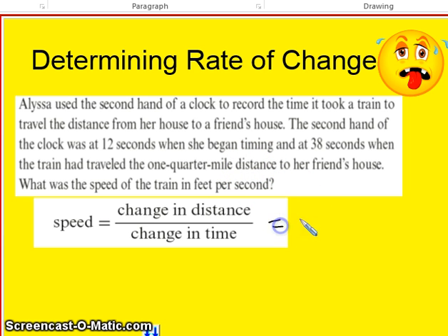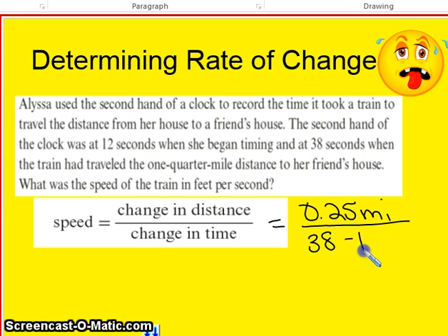So our change in distance is going to be 0.25 miles. And we're going to divide that by the change in time. So she started at 12 seconds and went to 38 seconds. So 38 minus 12 would be our change in time. That would give us 0.25 miles